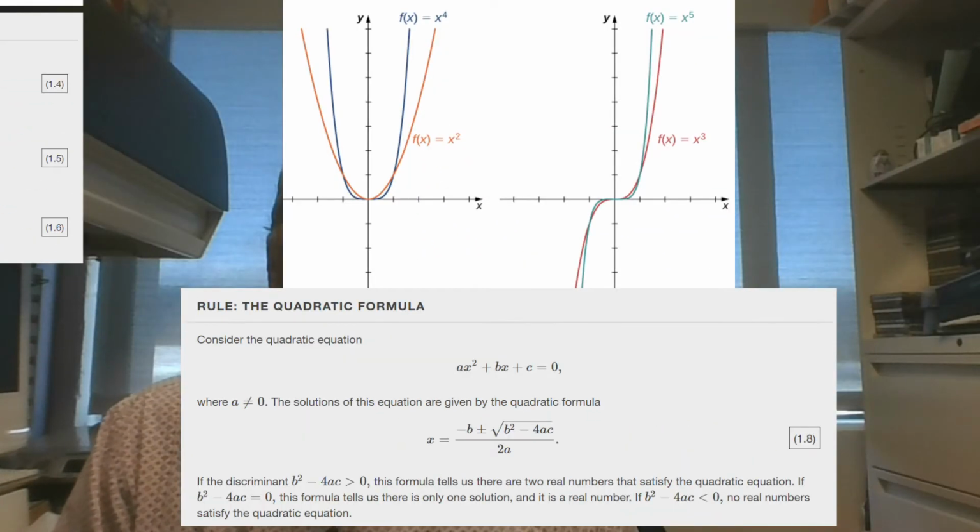After looking at lines, we're going to look at the basic power functions where the power is a positive integer, and we have things like x squared, x to the fourth, etc., and we combine all those different power functions and we get a polynomial. Our basic line is a polynomial also. The next step beyond the line is a second degree polynomial, something that's raised to the second power. And with that, we get a quadratic